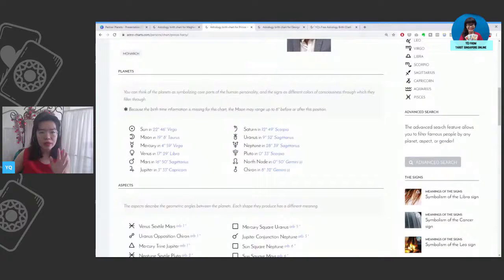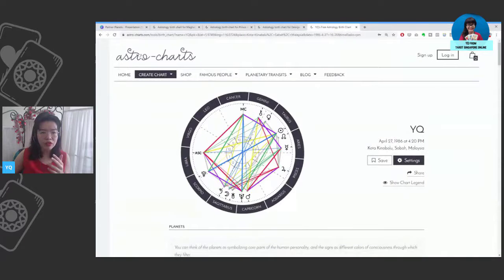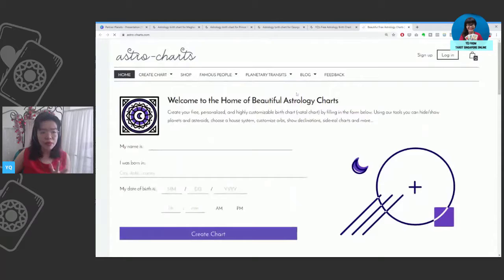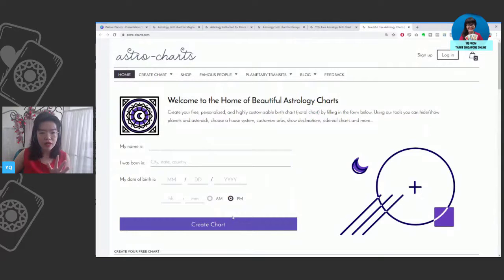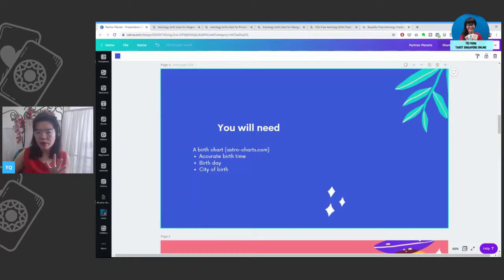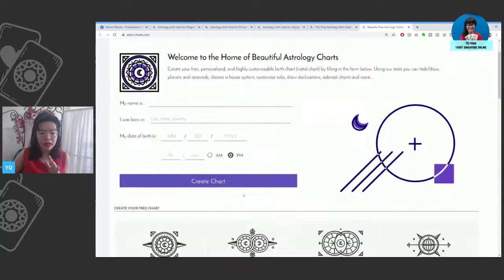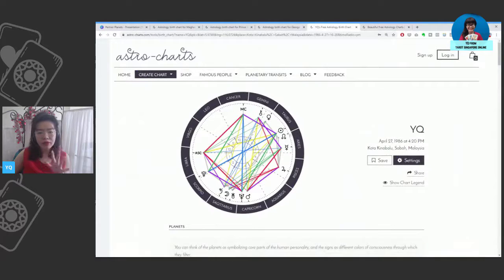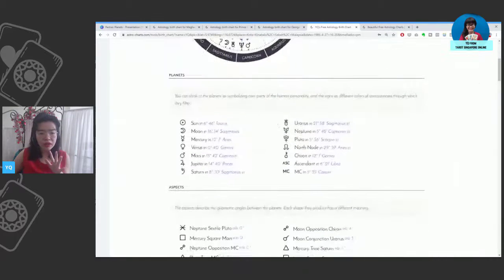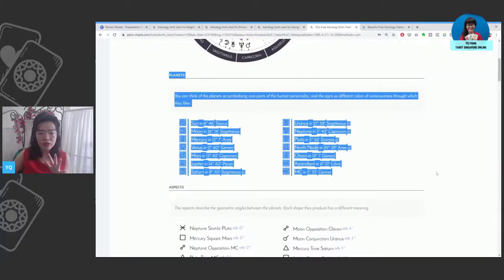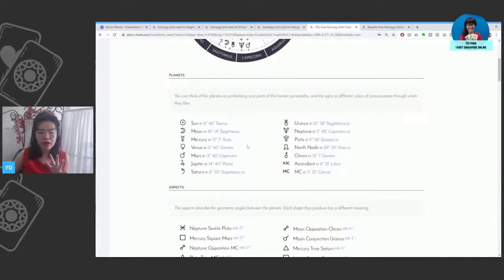So you can go to astrocharts.com. This is my birth chart from astrocharts.com. If it's your first time going here, you can type in everything here, have your birth time, and then create chart. So what will happen is they'll give you this, and then you scroll down right over here, the planet section. So we only need this section because we are,